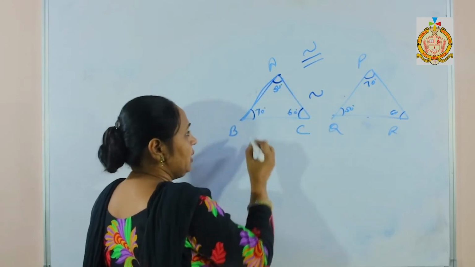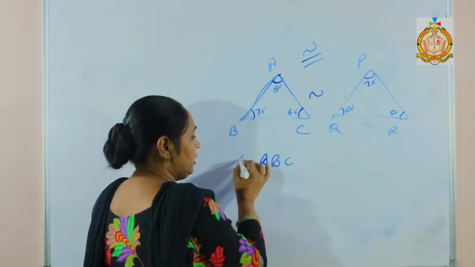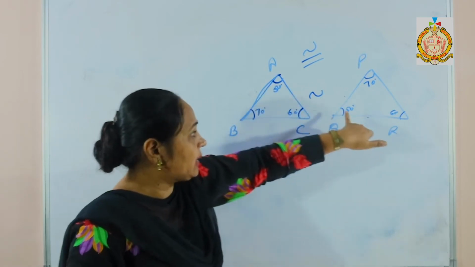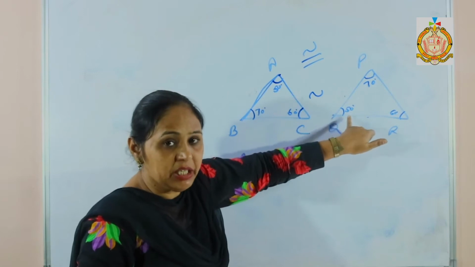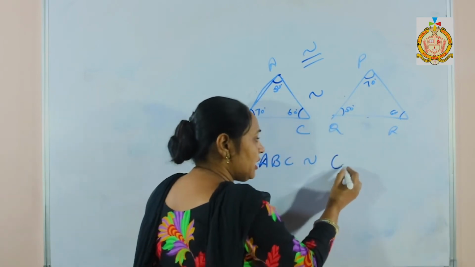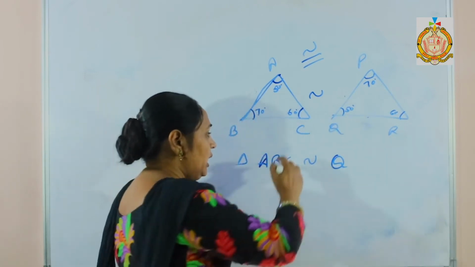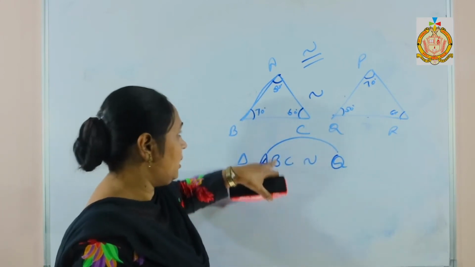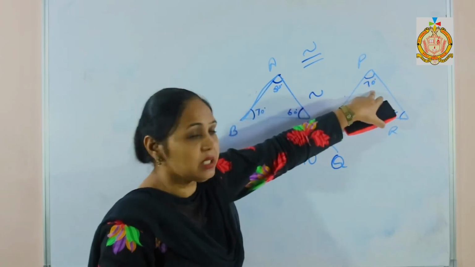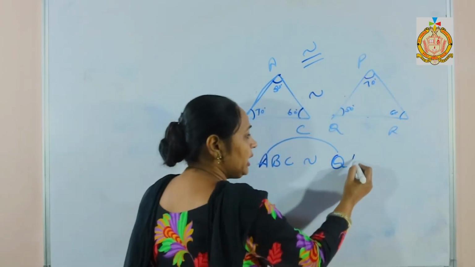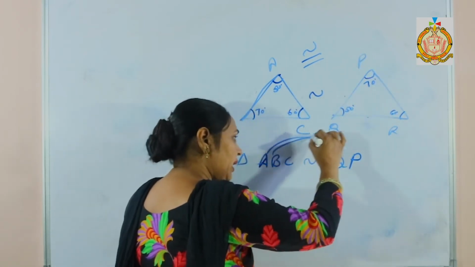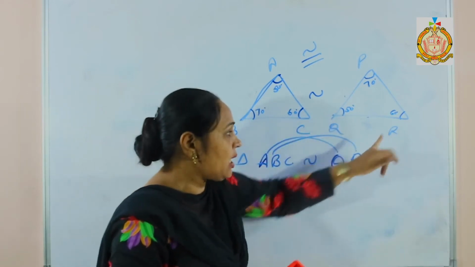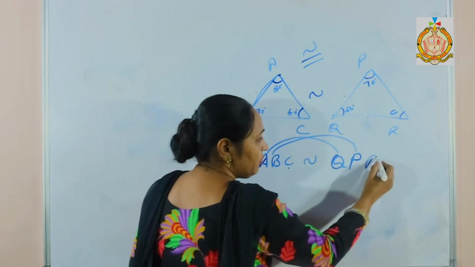Then now see how to write the name of this triangle. Triangle ABC similar to... Now this angle 50 is at the place of Q. That means I will start the name of the triangle from Q, because angle A equals angle Q. Then the second angle here is B. B is 70, but here 70 is P. I will take P here because the second angle has the relation with the second one. Then the third one is C and R.